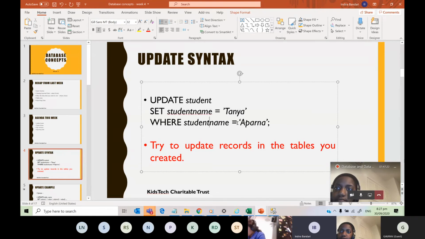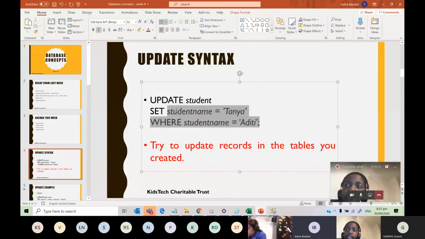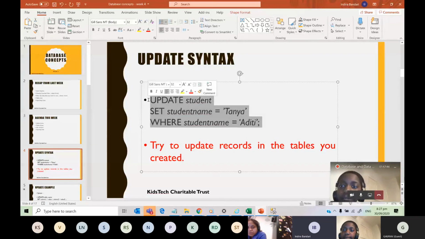I want to change Aditi's name to Tanya. So what should be the condition here? Where student name is Aditi. Right? Did you understand? Yes. So that's how you can do.